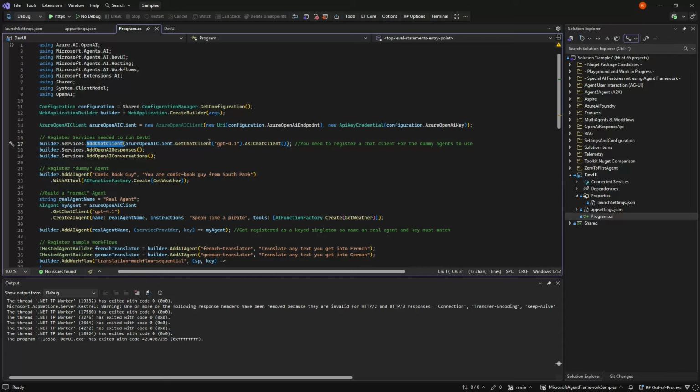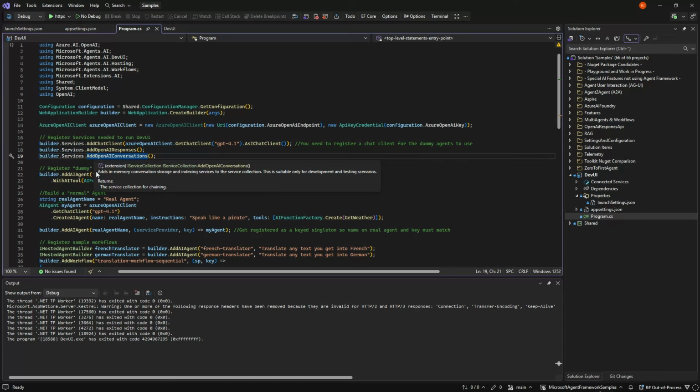So we go in and take our normal chat client and say IChatClient. We then add the OpenAI Responses API and the OpenAI Conversations API. And these two are just so this site works. The agents themselves use them through that, but in real life you don't need to.